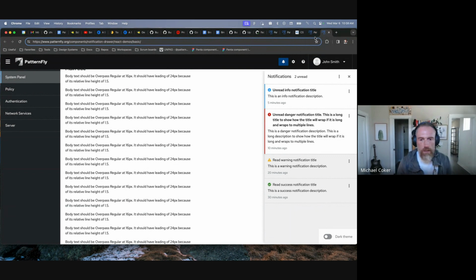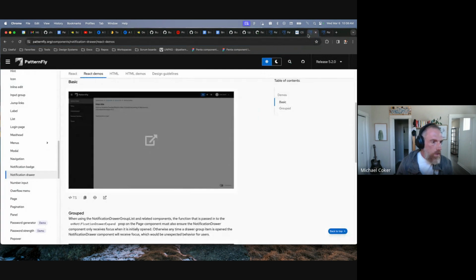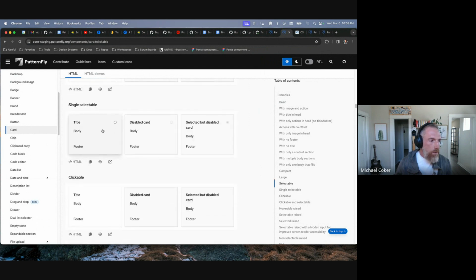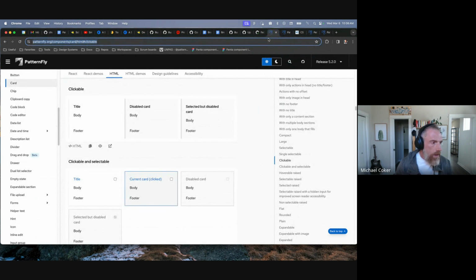Basically, we received some reports of a feature in one of our components not working. Specifically, it was clickable cards. So these cards right here have this effect when you interact with them. You can actually still see the bug live on our org site, if you wanted to see what that looked like